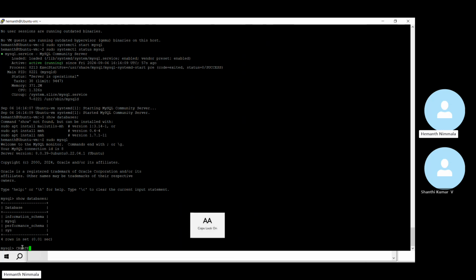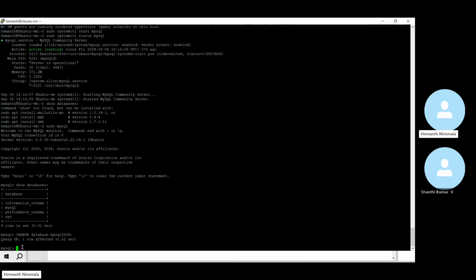Let's say create database MySQL 2024. So it created one row affected. Now we have